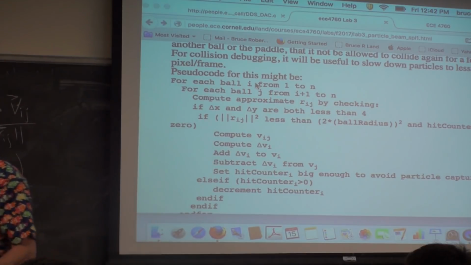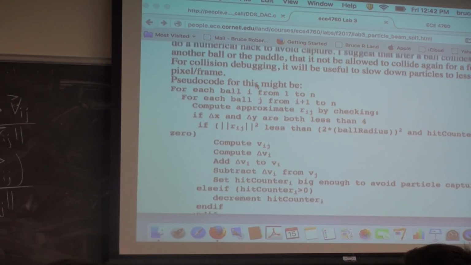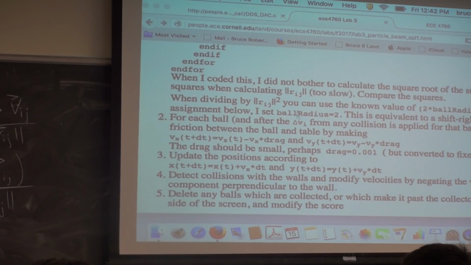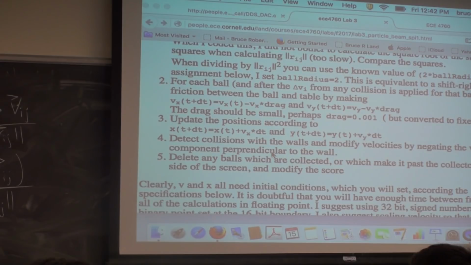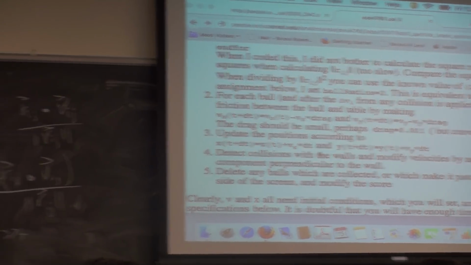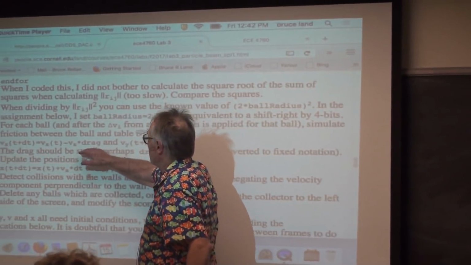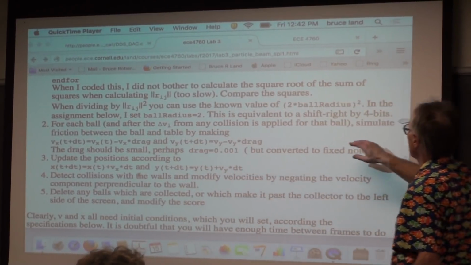Once you've done that for all the particles, you've added up all the velocity changes for each particle. And there's some coding hints here that you're going to want to run through. But then the next step is going to be to take the new, after you apply delta V,